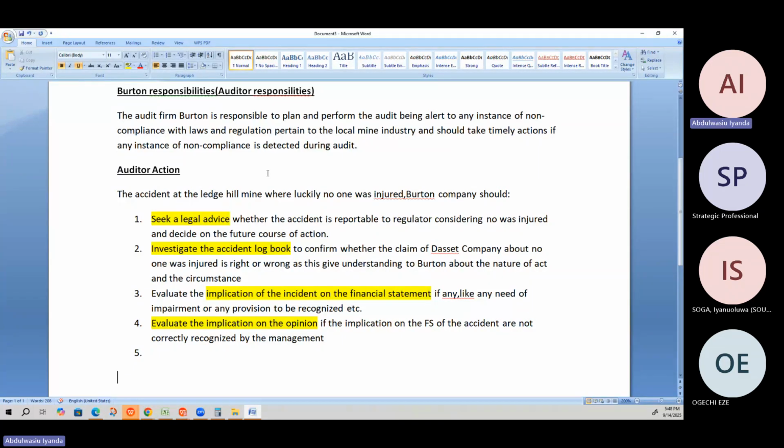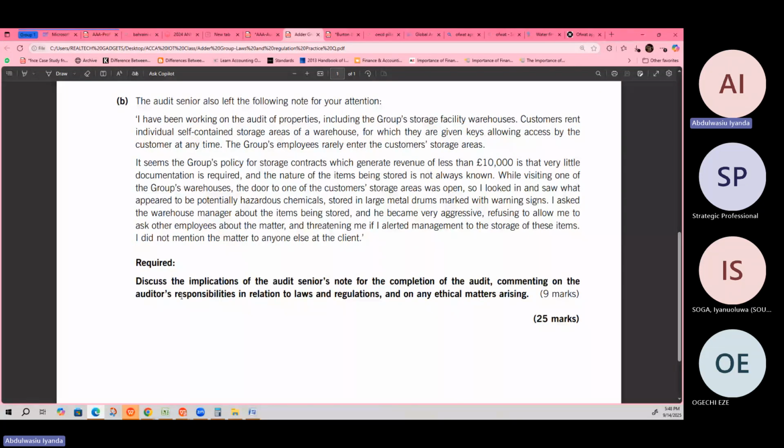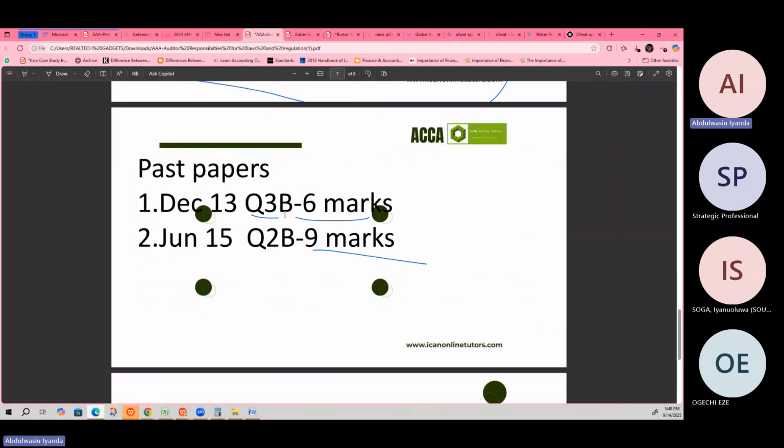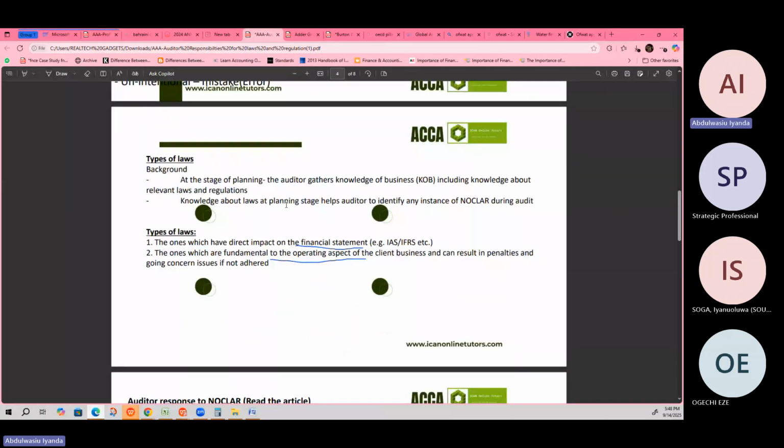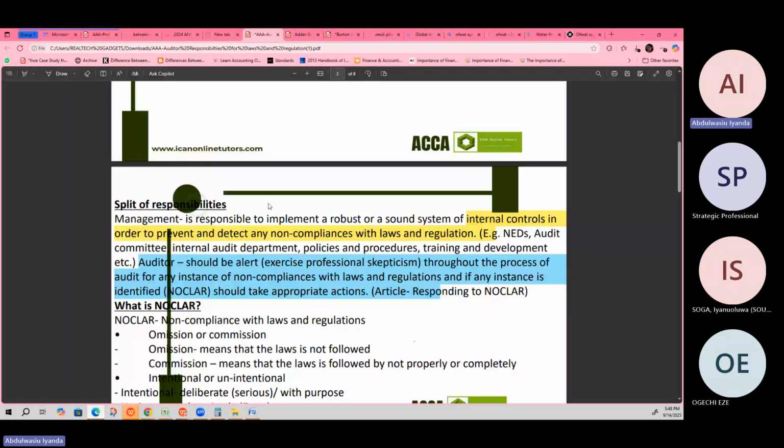Some of us may remember a point that is not really related to this, but it should be relevant enough that you relate it. Certain things have occurred, and you as an auditor need to take action, because it's your responsibility to make sure that your client complies with laws and regulations. It is a split responsibility between the two of you. Carry out your audit, plan your audit, and remain alert to any instance of non-compliance.